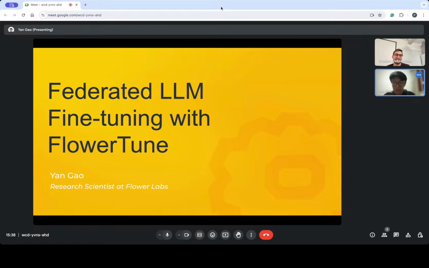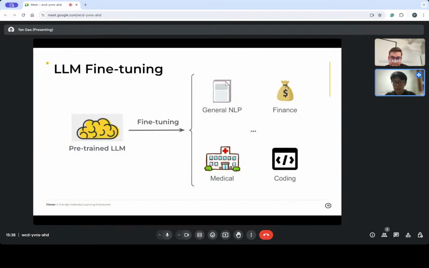Today I'm going to talk about federated LLM fine-tuning with FlowerTune. But before that, let's talk about LLM fine-tuning first.